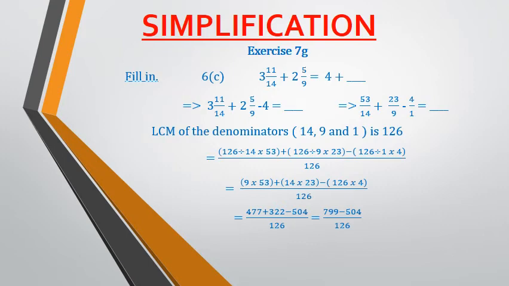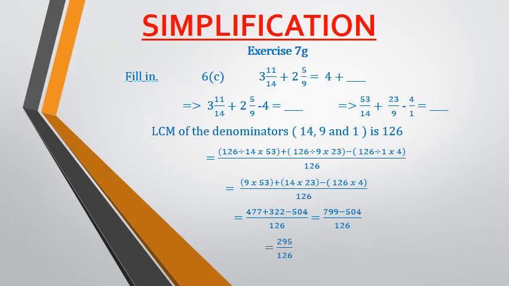Now we are going to add these two plus sign numbers, that is 477 and 322, and from their sum we are going to subtract 504. So the sum of 477 and 322 is 799, and we will subtract 504 from 799. So 799 minus 504 upon 126, which in turn is equal to